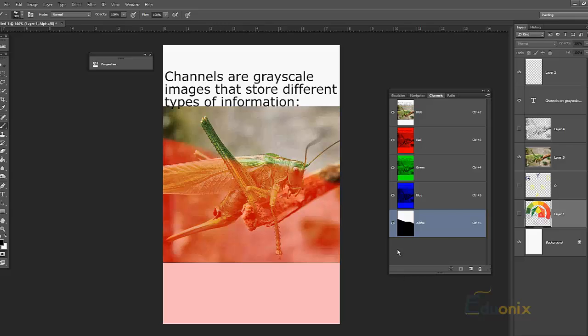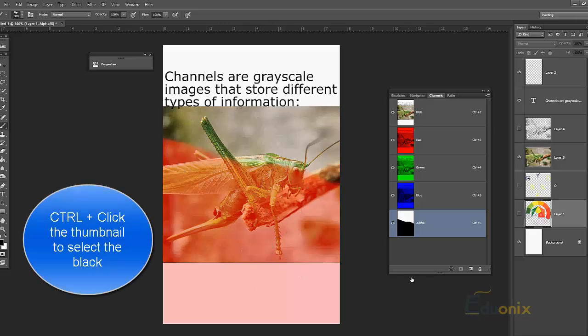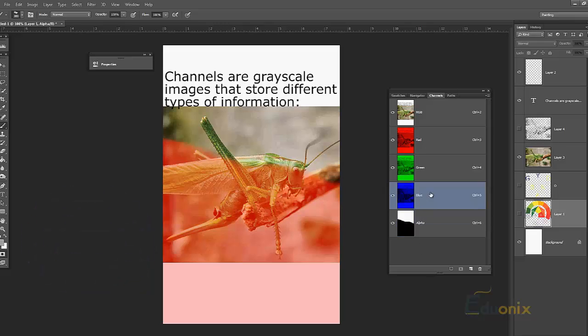unbeknownst to a lot of people that use this, when you do an alpha channel or a quick mask, you create an alpha channel in the channels palette. So it's the same kind of as saving your selection. And as you can see, if I just press Q to get out of quick mask mode, it gets rid of the alpha channel. But if I just hide the alpha channel,